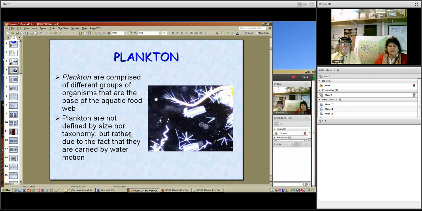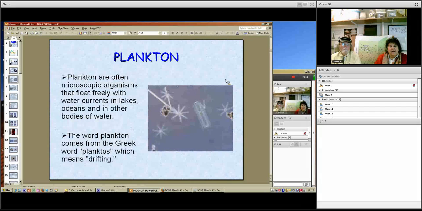So these are not defined by the size or the taxonomy, but they are carried by the water motion. And sometimes the zooplankton would be hunting them, as if you will. Now, we're talking about these microscopic organisms. Like I was just saying, they float freely in the water currents of lakes, oceans, and other bodies of water,